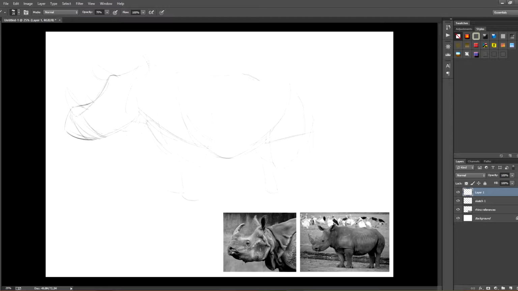In this phase, we'll add the eyes and the facial muscles, as well as the horns, ears, and legs, basically everything that gives us more information about our animal. Draw with care and patience. A realistic style requires a lot of attention and technique.